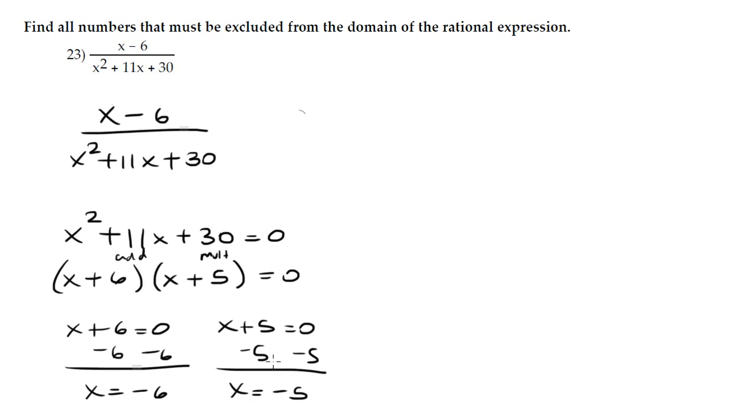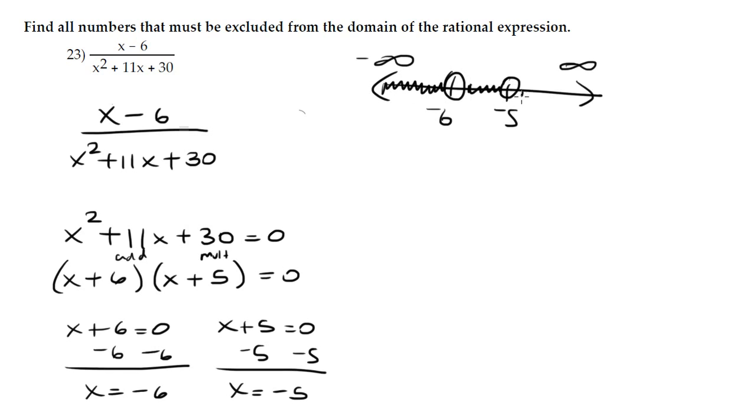These are the two values that make my denominator 0. So these are the two values that are not in my domain. I can show you on a number line. From negative infinity to positive infinity, x can be anything except those two values. X can be any value except those two. X can be anything else because these two values give me